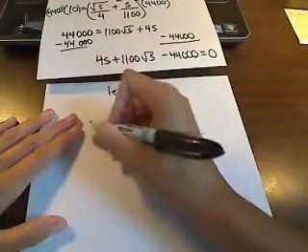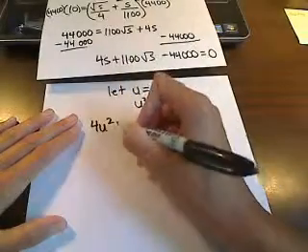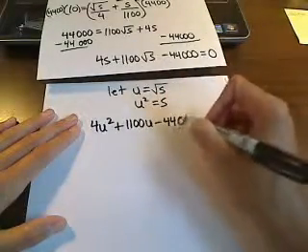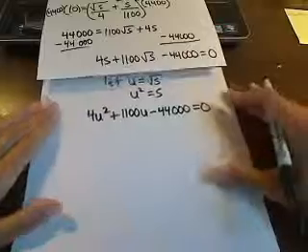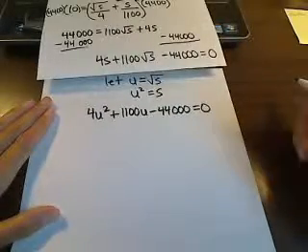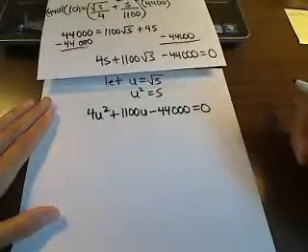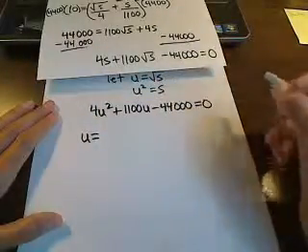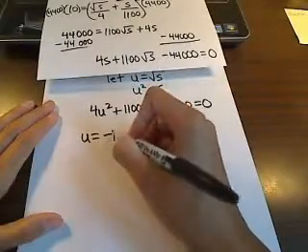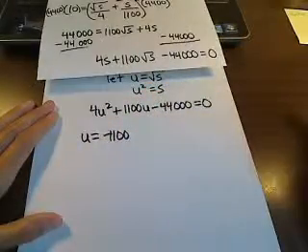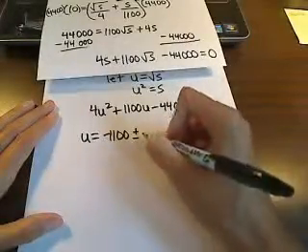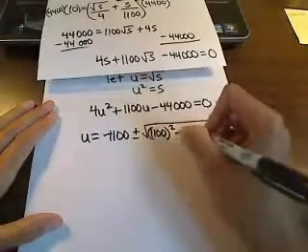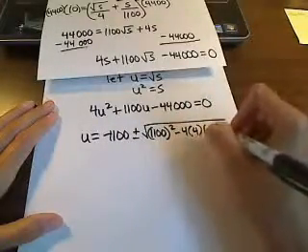Okay, and then our equation becomes 4u squared plus 1100u minus 44,000 equal to 0, and that's just a quadratic that we can now solve by using the quadratic formula. Okay, so when I use the quadratic formula, this is going to be u is equal to negative b, so that's a negative 1100, plus or minus the square root of b squared minus 4 times a times c